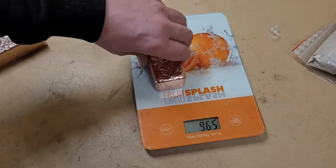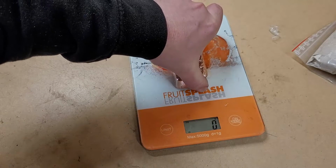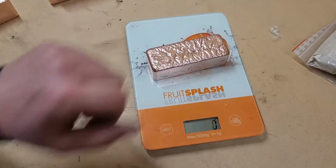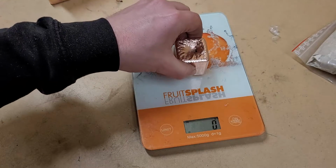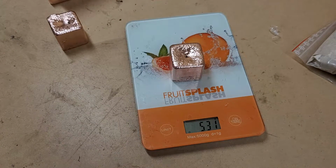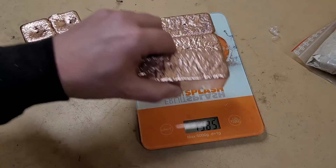Alright, I will first weigh up each bar separately. 962. I will stamp them off camera. 999, almost a kilo. 987. 531. And last 531. So total ingot weight of today,